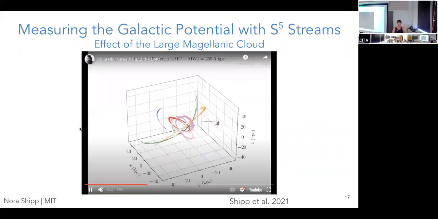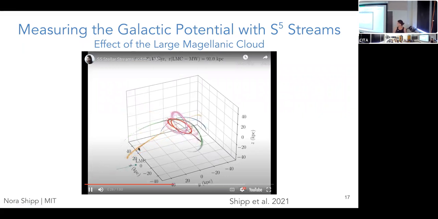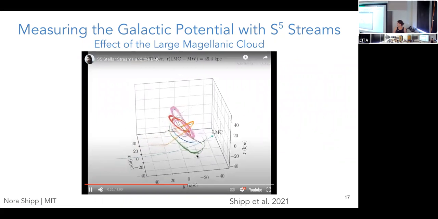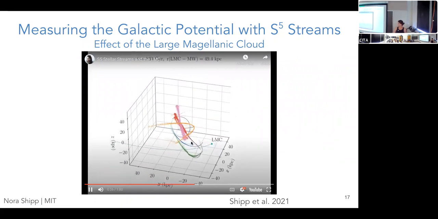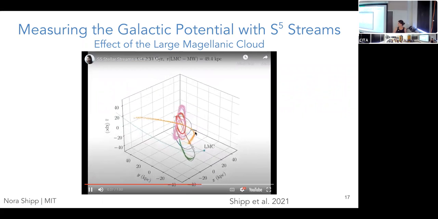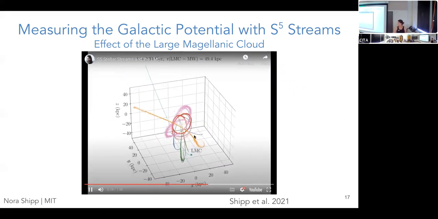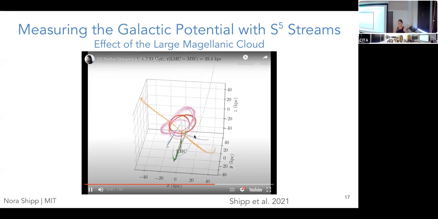So we've been able to model more of these streams to study the effect of the Large Magellanic Cloud. You'll see it come in just a minute. Orange is the one that was in the previous movie, but for all of these, they have some effects that you might be able to see. So green's a bit offset here, brown, orange has a really big offset, one that's affected. But basically we're seeing,